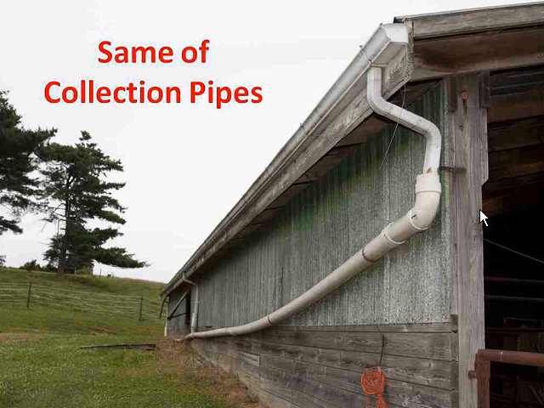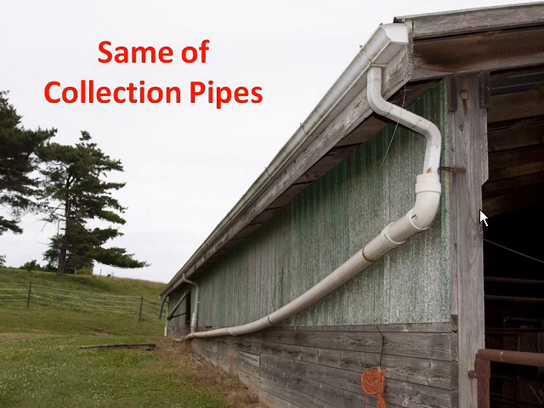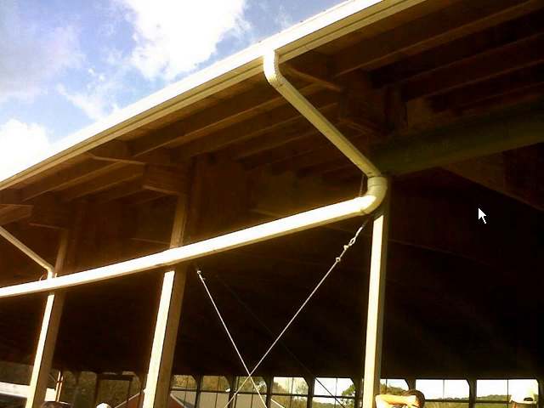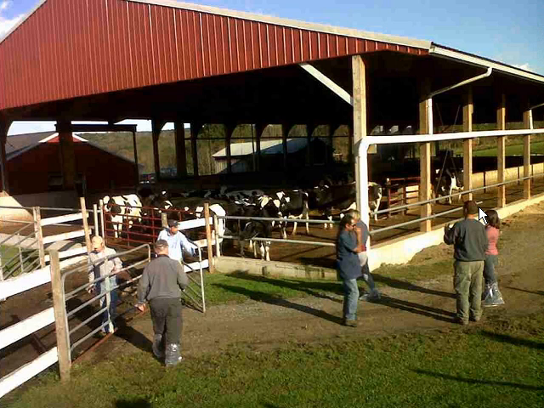And the same is true of these lateral collection pipes. You want to make sure that as you're moving down the lateral collection pipe, you have the capacity necessary to carry all the flow at that point. Here's another example where you've got a gutter that's coming down and you've got one lateral pipe that's servicing the side of this particular facility, so that you can really have only one entrance point into an underground outlet.